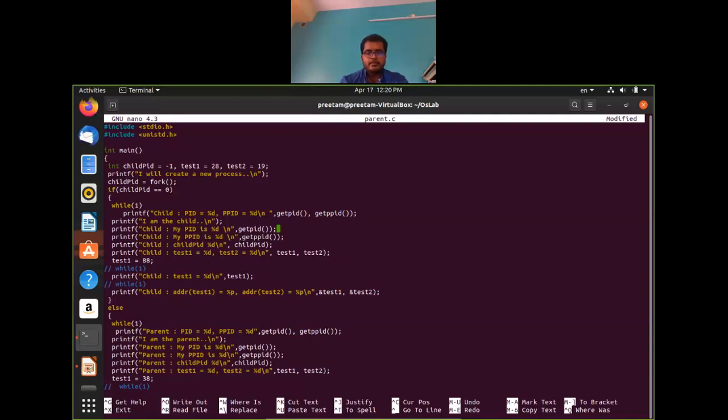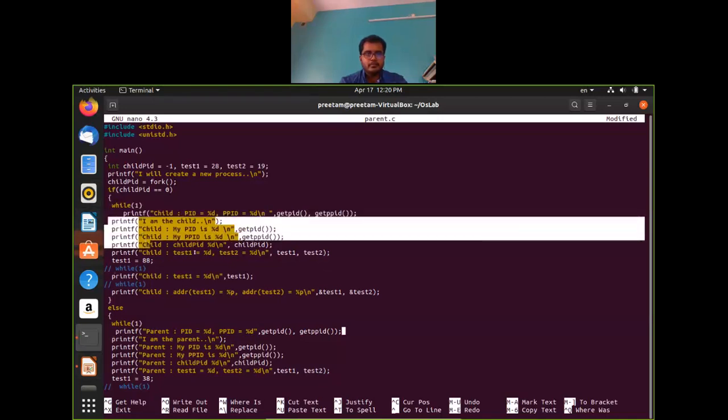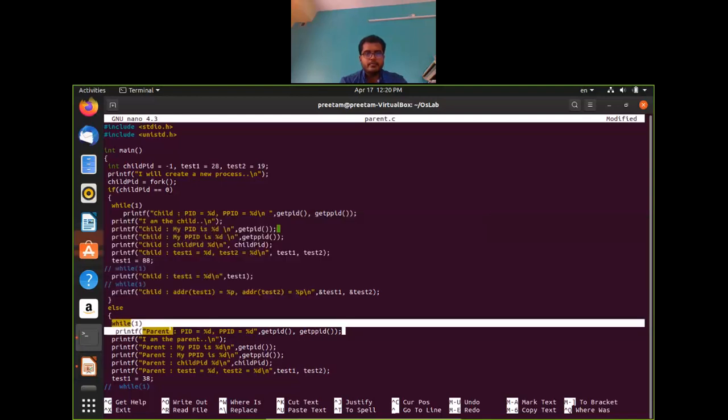So this will now show the process IDs infinitely for the parent. If we now run this program, it will loop within these two comments, right? The rest of the comments will not be executed because the above will be an infinite loop. Same goes for here. So it will print the PID and PPID infinitely for both the child and the parent.